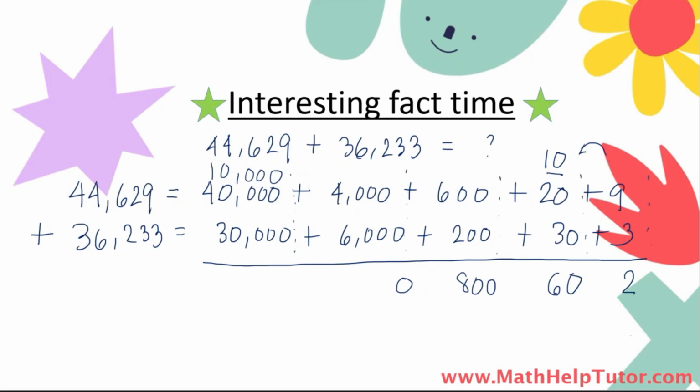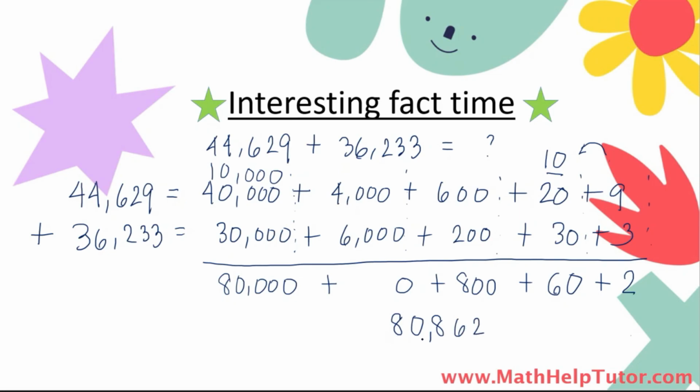Next, we're going to add the 10,000s place. So we have 40,000 plus 10,000 plus 30,000. So that gives us 80,000. Now these numbers are actually the value of the different places of our new number. So we can put a plus sign here. And if we add all these up, we get a number that is